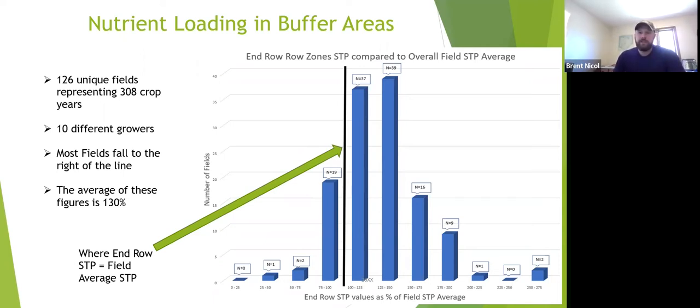So with nutrient content, specifically phosphorus, being on average higher on the end rows, this could potentially help account for the inconsistencies in the results we found with productivity surrounding all of the different types of buffers. This information, though really in its early stages, could also help reiterate the importance of variable rate fertilizer application and possibly decreasing fertility needs based on yield data trends and these buffer analyses, which I'll cover a little bit deeper